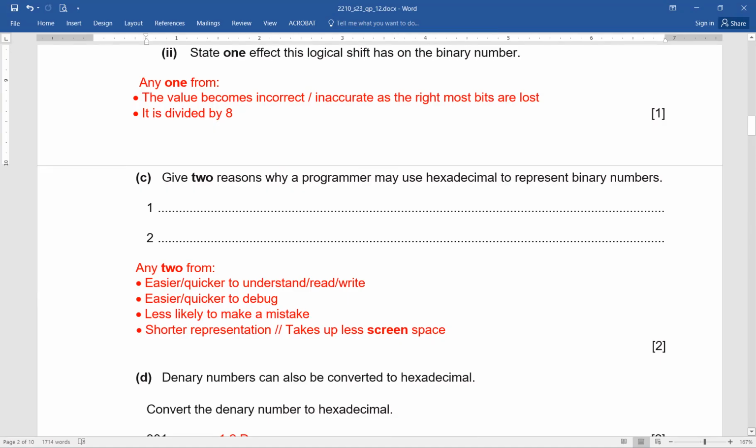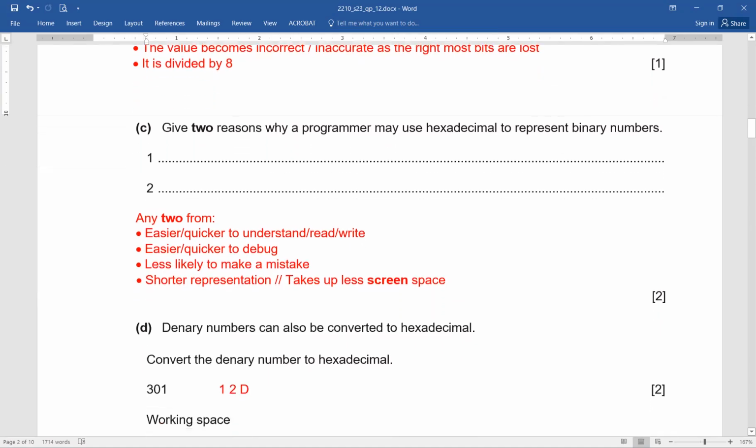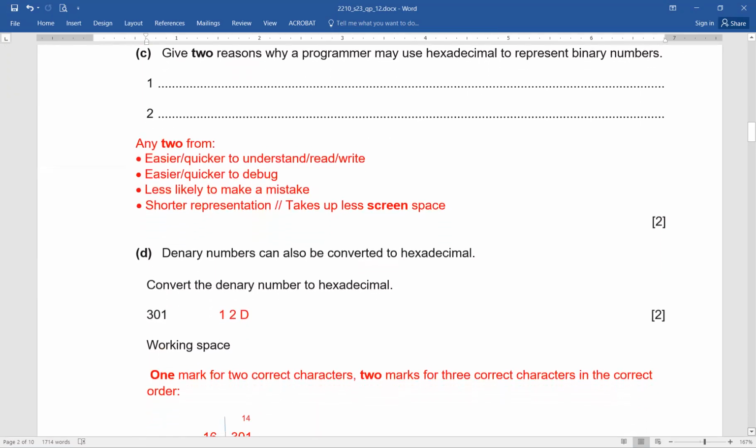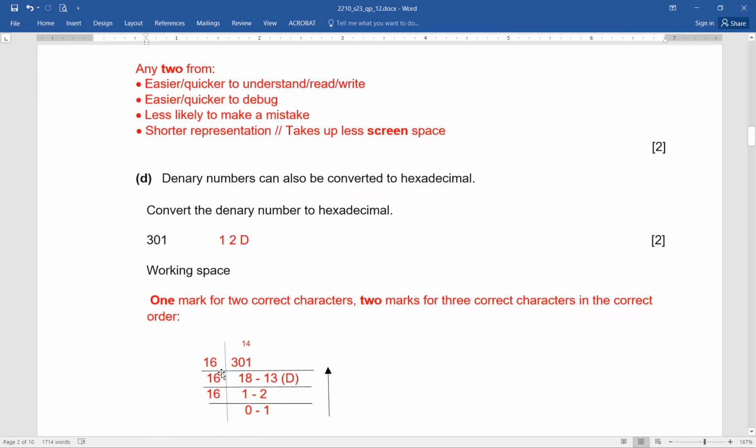Okay. Denary numbers can also be converted to hexadecimal. That's what we have learned. Convert the denary number to hexadecimal, and you can see it's so simple. I've taken the way we have learned it in the class, that we have divided 301 by 16, and you can see 16 ones are 16, and the remainder is 14. So that 14 is written here, that makes it 141. Then 16 eights is 128, and